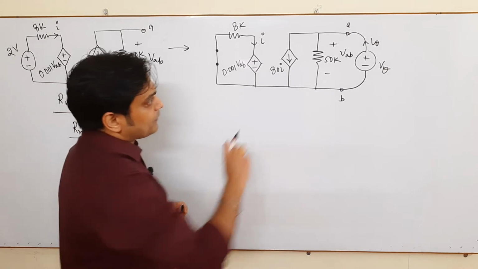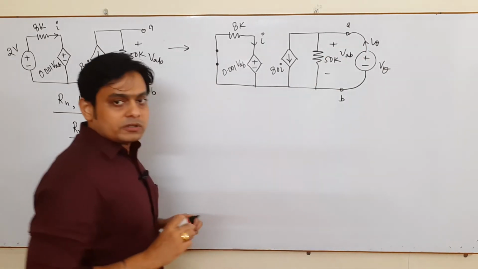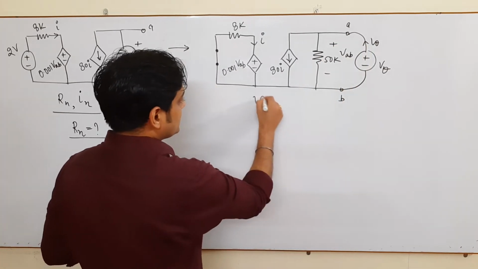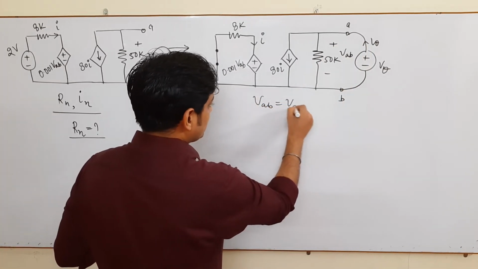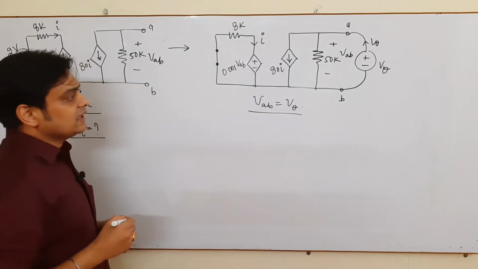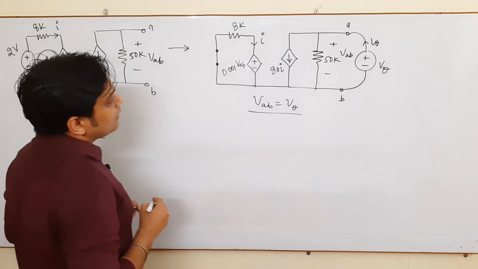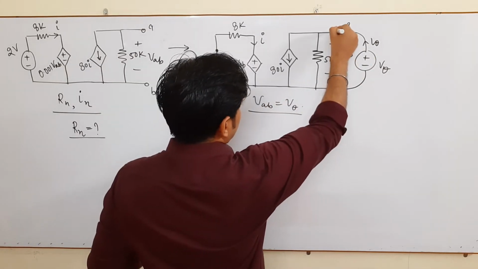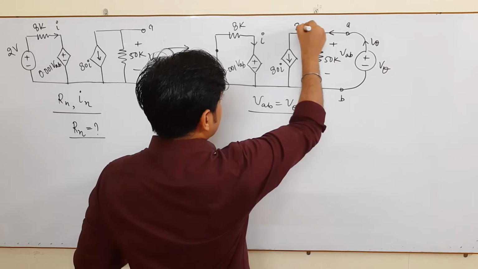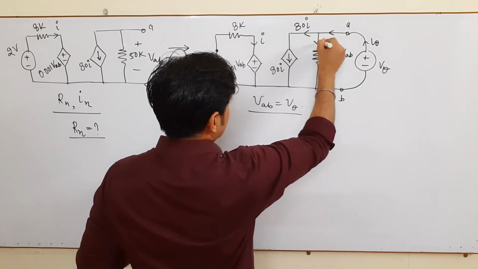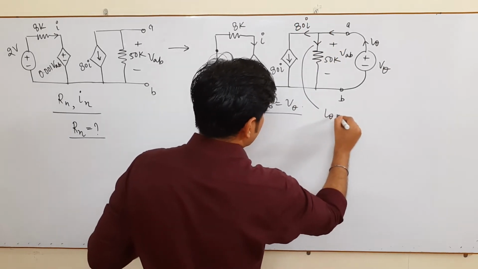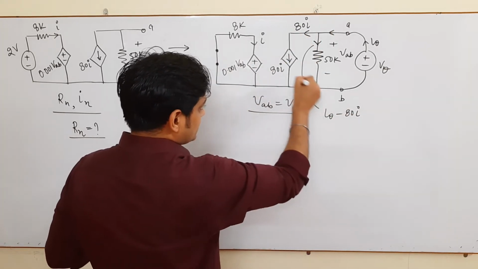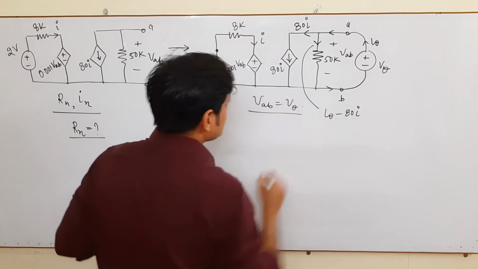So now you see, VAB is the voltage across the terminal AB. One can say here VAB is what? Basically your V theta. So if you see, this I theta current here and 80I of current is flowing here. So what is the current here? Should I write it as I theta minus 80I? Yes, because once 80I comes here, it is added, and the current here is I theta.